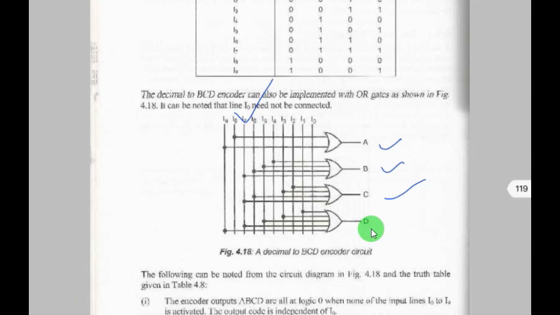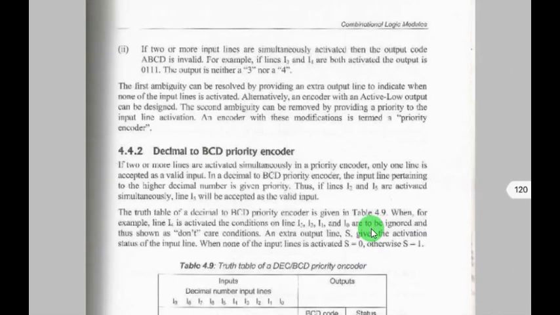That is straightforward. Very good. So we are together. That is what an encoder does. It encodes which line you have activated. So if you activate I5, you get 101, etc. So having said that, we can move forward and now jump directly to what we call the decimal to BCD